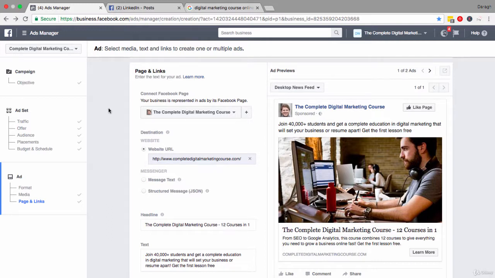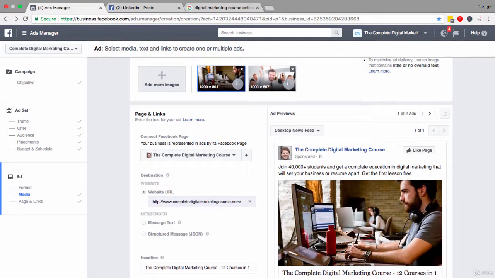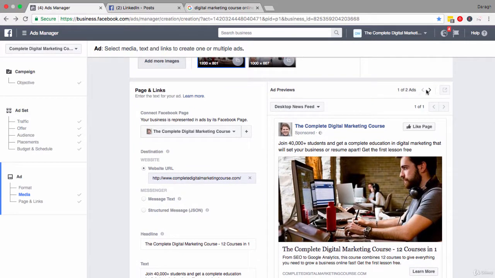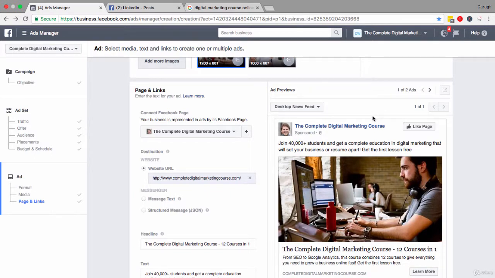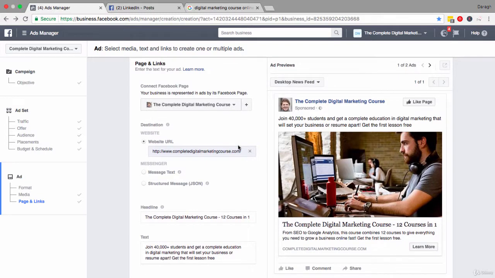So the first thing that you want to do, to kick this process off, is come across to the ad preview here and see what your ad looks like right now. Remember that if you have added a couple of images up here, you can just click to number of ads, click across, and you can start to see what your ad really looks like. Now I have gone ahead and updated my headline and text and call to action here so I can run through it with you. But if you have just loaded this up now, you might be getting some text here,